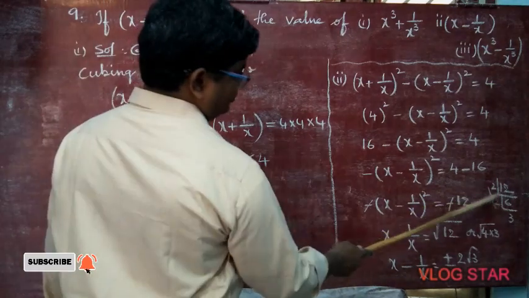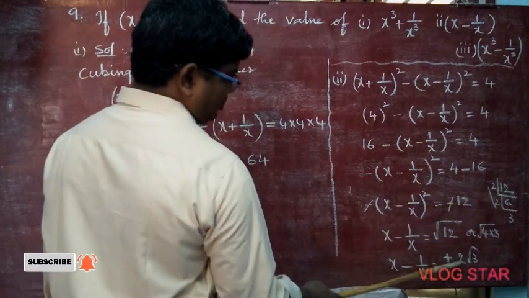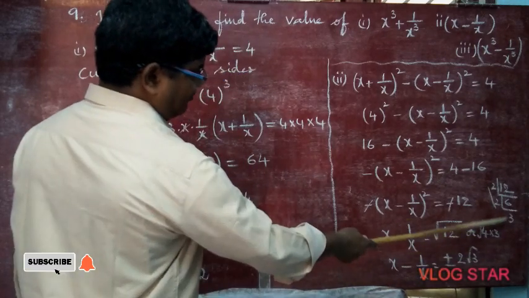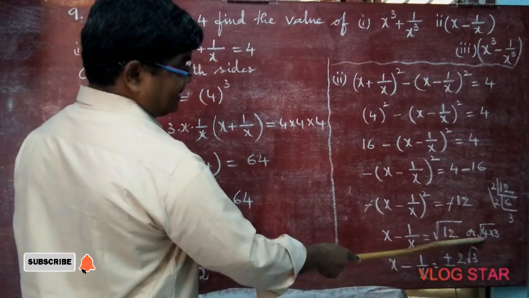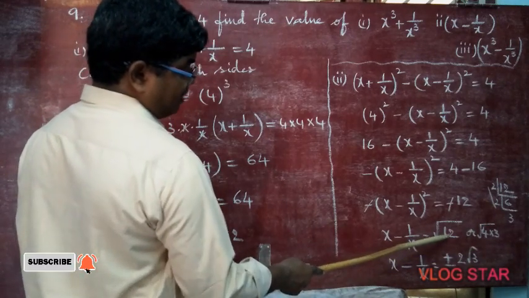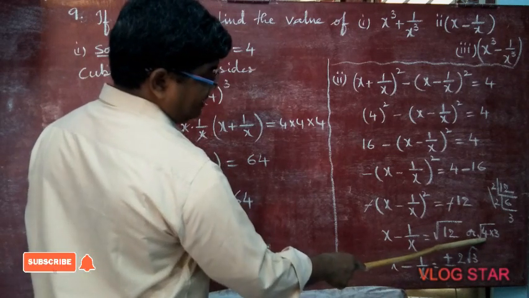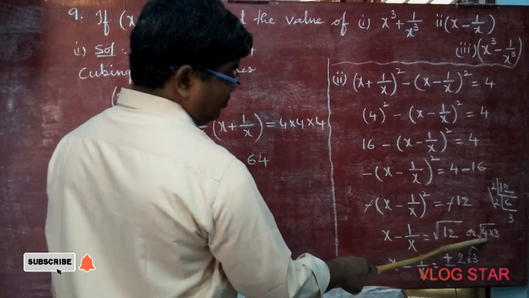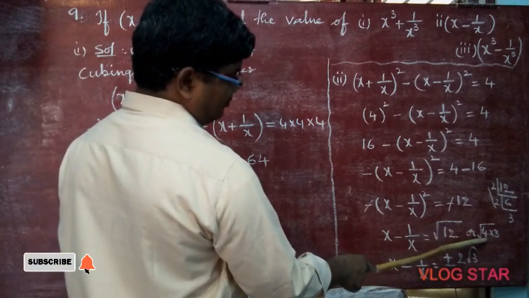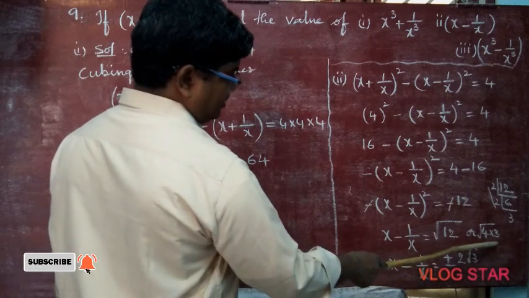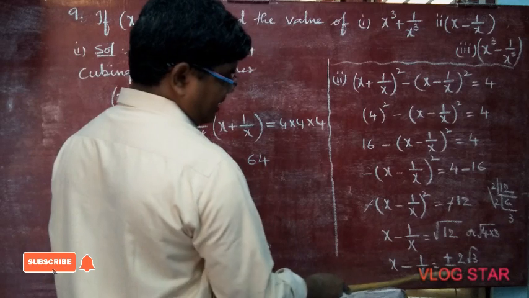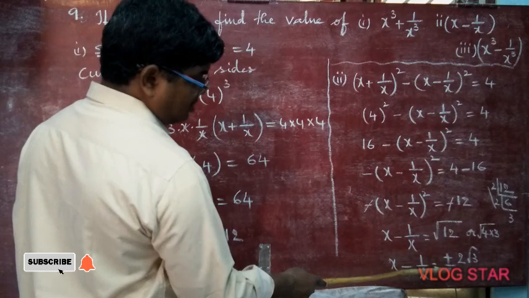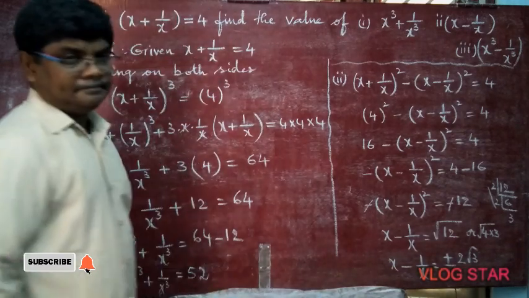Now this time the square of x minus 1/x goes from left to right as a square root. Find the factors of 12. 2 goes 6 times, 2 goes 3 times. For two 2s, one 2 will come outside, and root 3, because only one 3 is left, root 3. This is one form of finding factors. Another method: we know the factors of 12. 4 threes are 12, 2 sixes are also 12. But why did I write 4 threes? Because 4 has a square root, the square root of 4 is 2. In this way you can do it, or the prime factor method also. Anyway, whichever you do, you will get the answer. The square root of 12 is plus or minus 2 root 3.